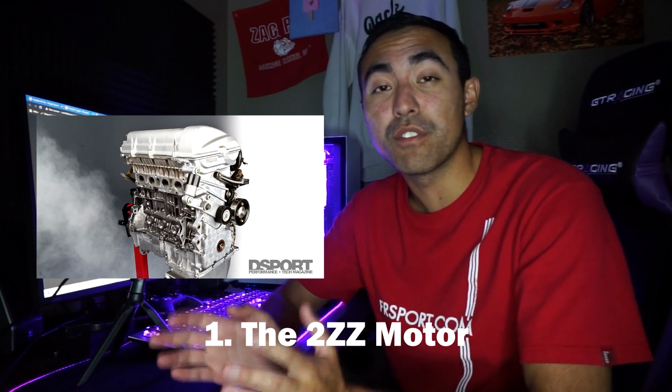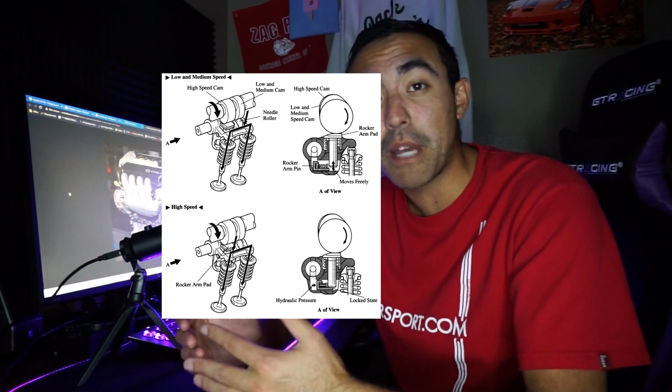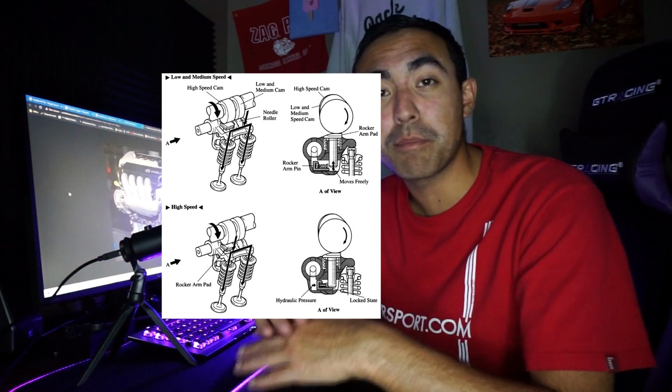Alright guys, the number one reason you want to pick up a Celica GT-S is the engine inside of it. The 2ZZ-GE is an awesome engine commissioned by Yamaha for a high revving, fun experience as you drive. Now at about 6,000 RPM, your cam profile will switch over, similar to Honda's VTEC, and give you instant power as it's coming on. You get a nice power kick in the curve,